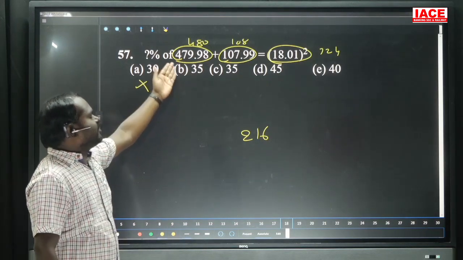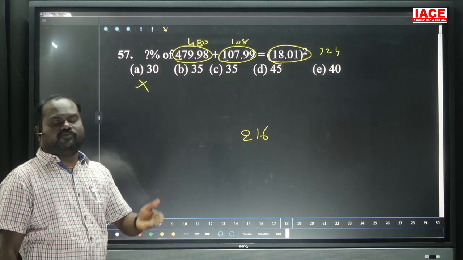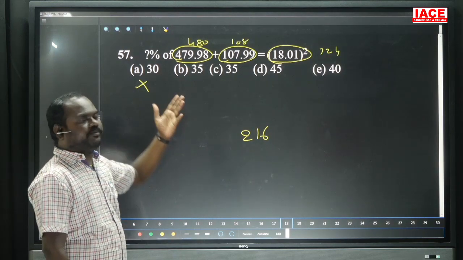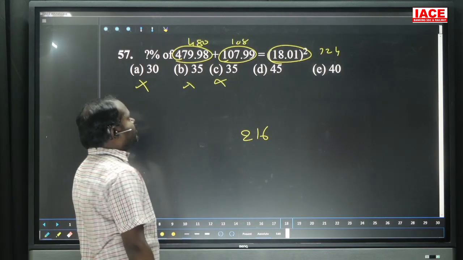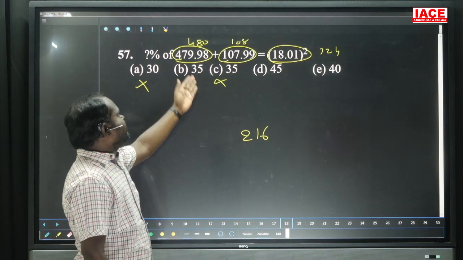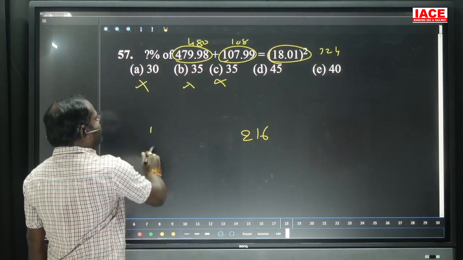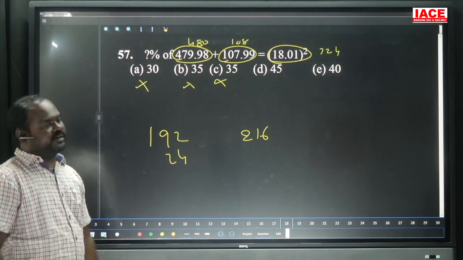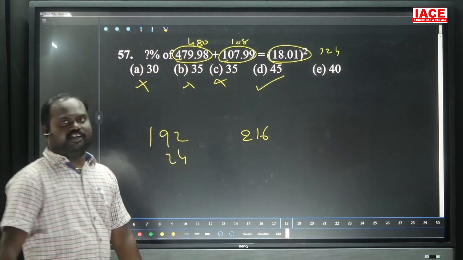Go for 35%. 30% is 3 times 40, 120 plus 24, 144, plus 5% is 20. Results are not suitable. By mistake the same options are there. Right. Option D, option of 45%. 48 4s are 160 plus 32, 192. Again 5% means 24. 19 plus 2 is 21. Obviously the percentage is 45%, 45 percentage, right.